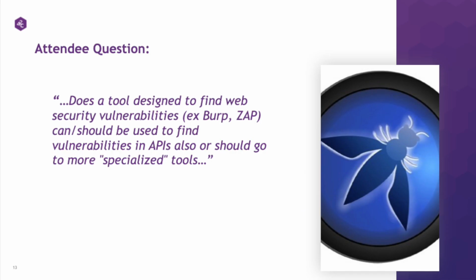And the question is around DAST. So, how well, and I think you partly answered this, can tools like Burp and Zap be used to find those vulnerabilities? My take on that is that they absolutely can import specs, but they don't have that full context, right? They can't enforce the data contract, and often they're going to require pretty specialist levels of pen tester skills to be able to manipulate the APIs. So the tools are useful, but particularly around DAST, you're going to be prone to quite a lot of false negatives. So don't overly rely on DAST for your API testing.